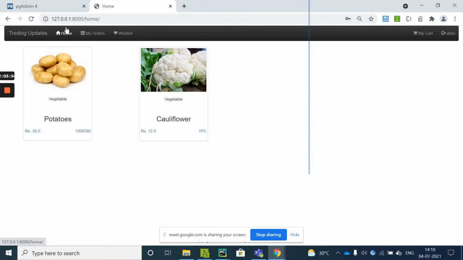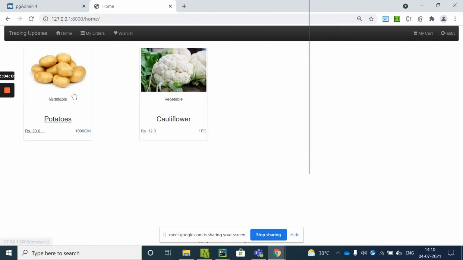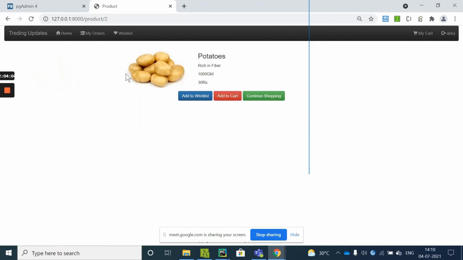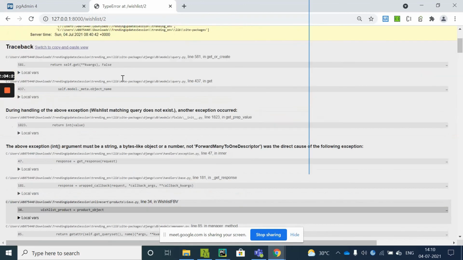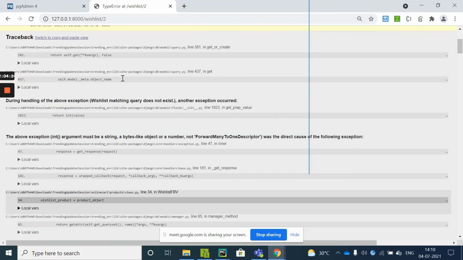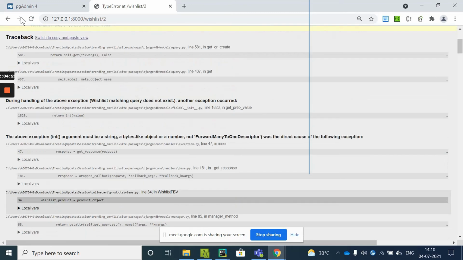Moving ahead. I am coming to home page. My wishlist is empty as of now because I haven't added any wishlist. Going to potatoes, in the detail view I'll add it to wishlist. As soon as I add it to the wishlist, my user log should be updated. So id expects a number but got db models field related descriptor forward one script. Okay, there was some problem in adding the